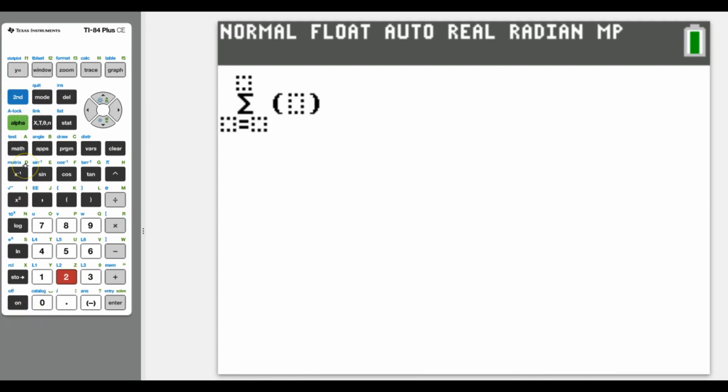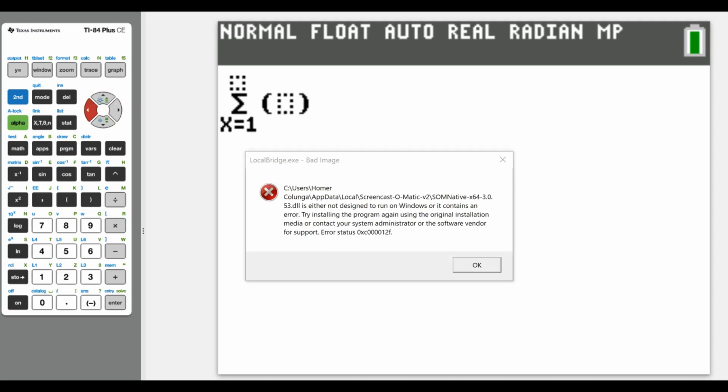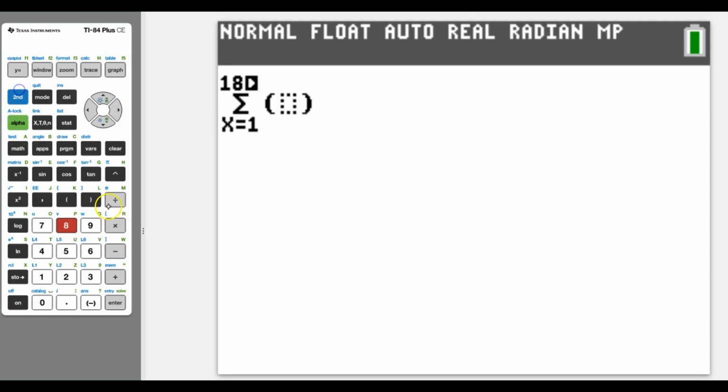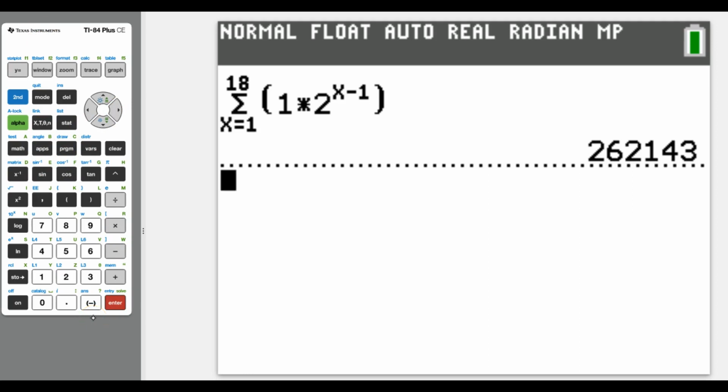Let's say x, because x is just easier to use. I know I wrote k, but that's okay. 1, and then we're going to go all the way up to 18. So let's type 18 up here at the top, and then come down and type in our formula: 1 times 2 to the x minus 1. All right, and so we hit enter, and we get